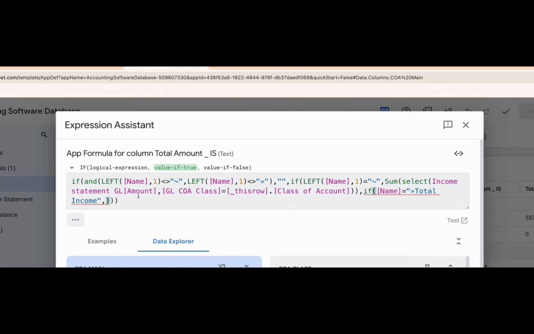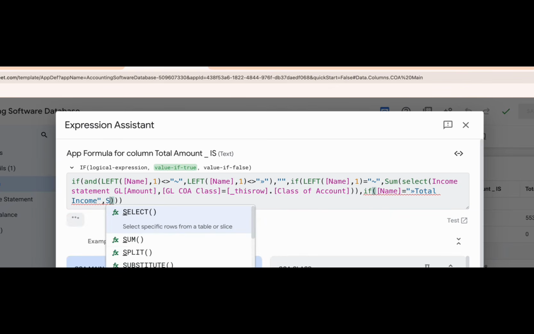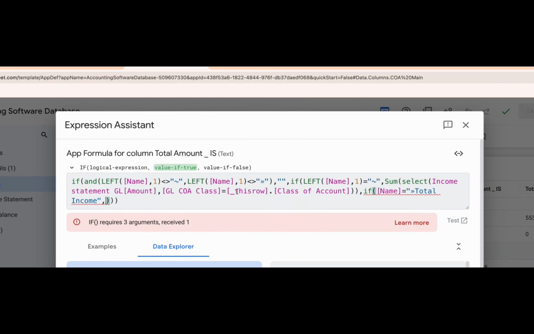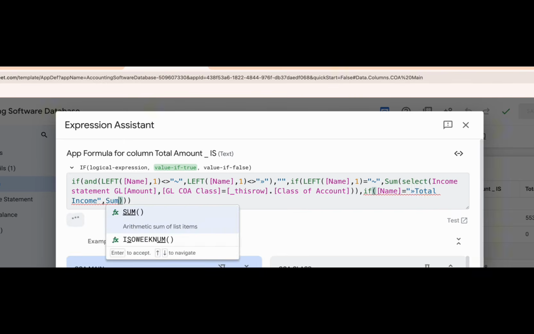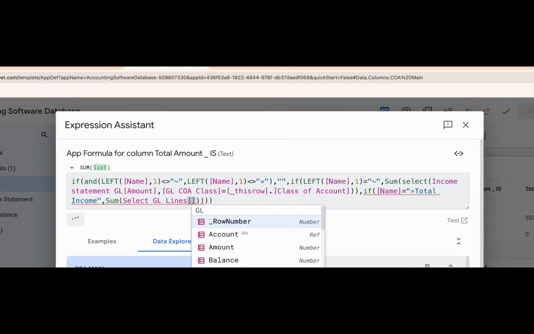So I'm going to bring a comma. It's basically going to be this formula, but tweaked to make sure you're picking that for total revenue and then total other income. So sum, select.